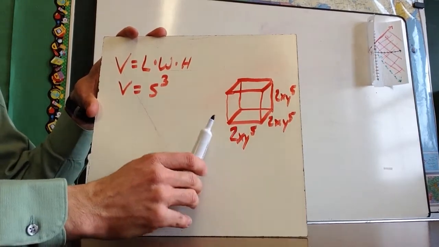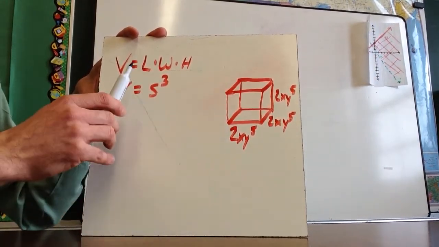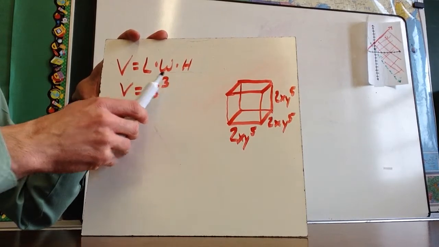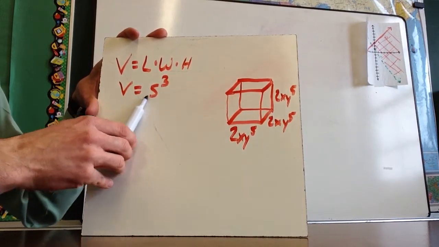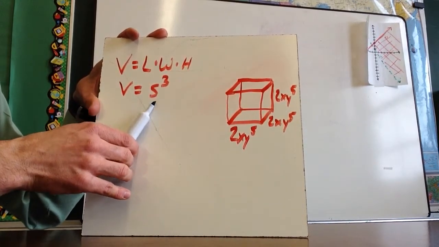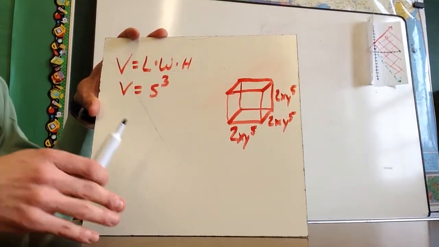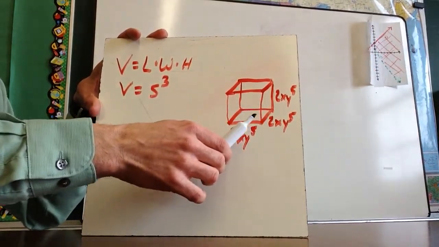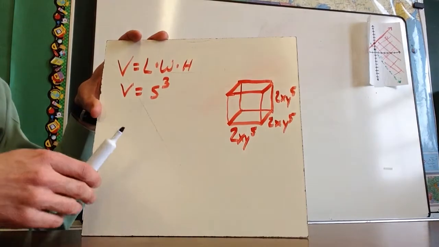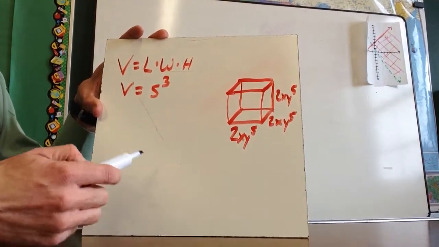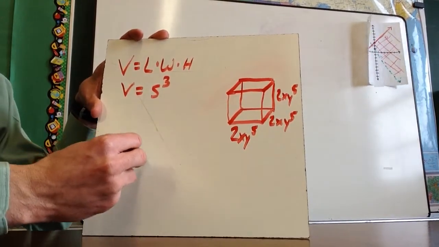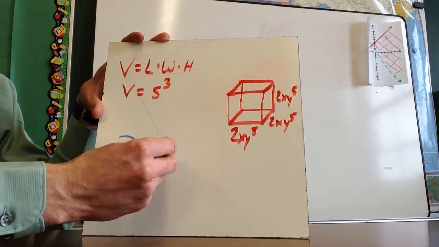As we find the volume of this cube, it's going to be length times width times height. But some of you have seen the shortcut, which is side cubed. So I just need to figure out the length of one side. Since it is a cube, and I know that each of these is the same length, it doesn't matter which side I pick, any side to the third power. So this is going to be 2xy to the fifth